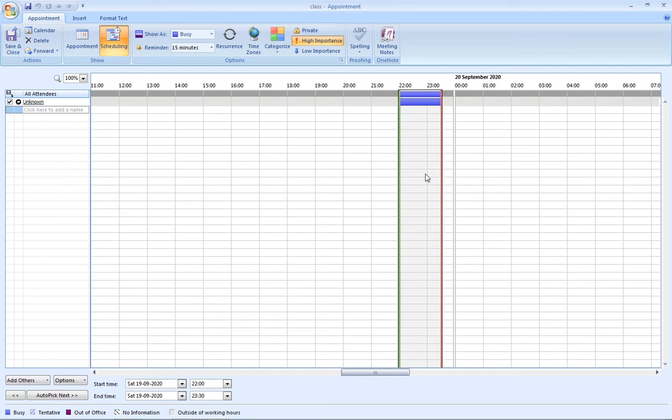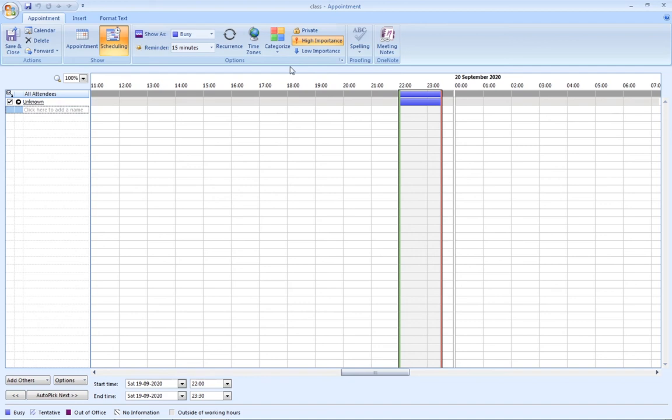Okay, and that's all about the scheduling and appointment. You can select any one of the options here, and very important, the topics are from there: categorize appointment and recurrence. So this one is most probably the question that will occur from the CBSE side: create and describe the steps for categorizing an appointment. Okay, so that's the basic question about categorize appointments.